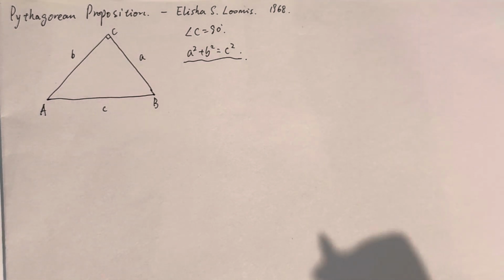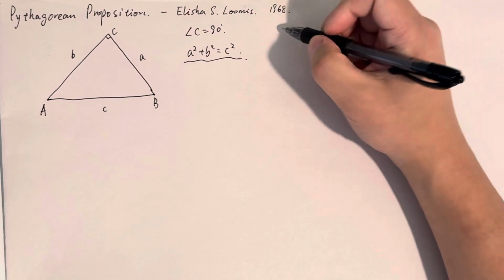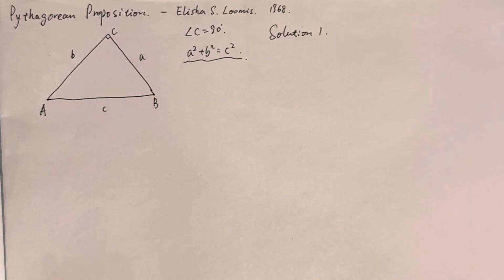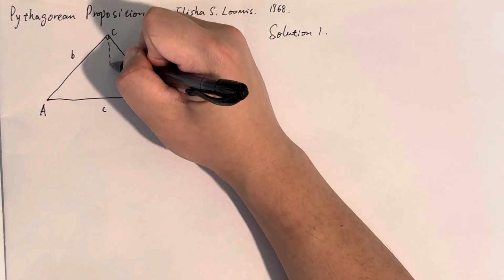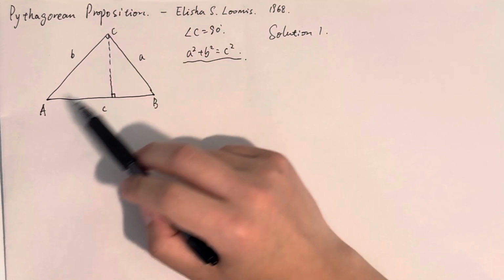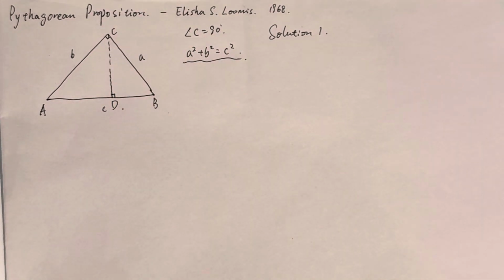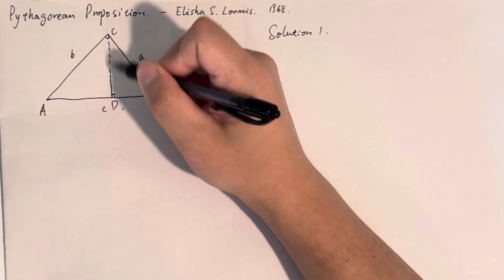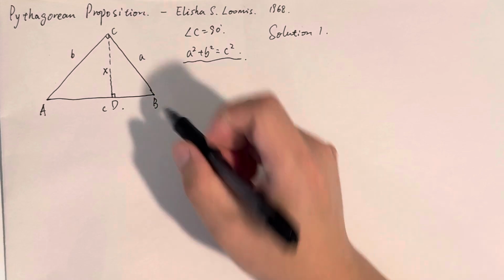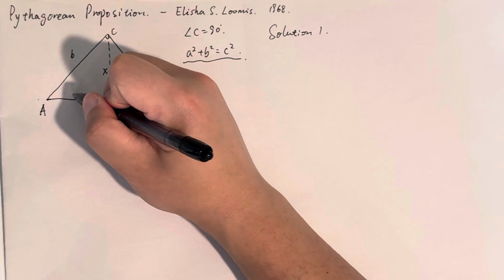Now we look at the solution. Let's call it solution 1. It's based on this book, right? Solution 1. The first solution is straightforward: we make a perpendicular line, or we find the altitude from the edge AB. Let's call this point D. Then we can assume that the length of CD equals x, the length of DB equals y. So we know that the length of AD equals c minus y,